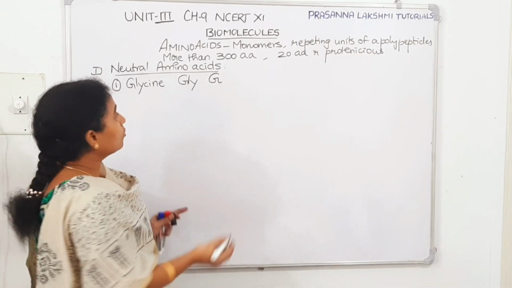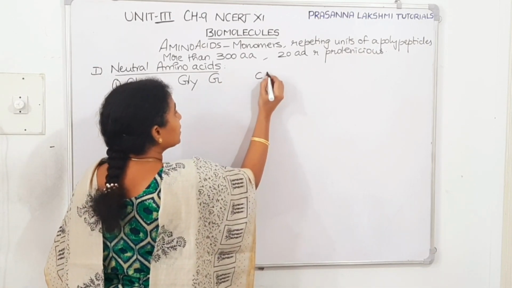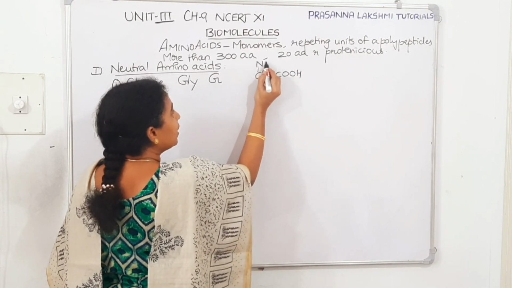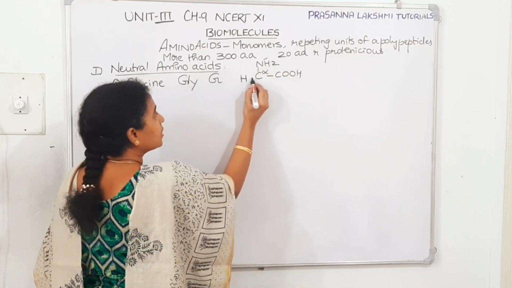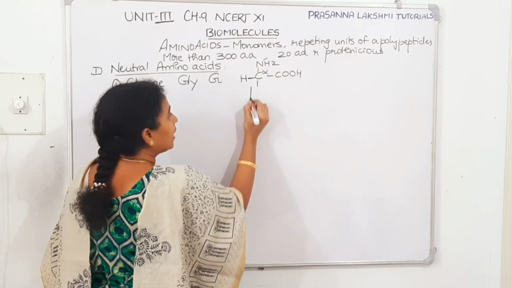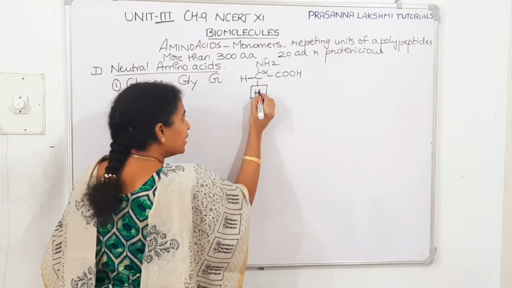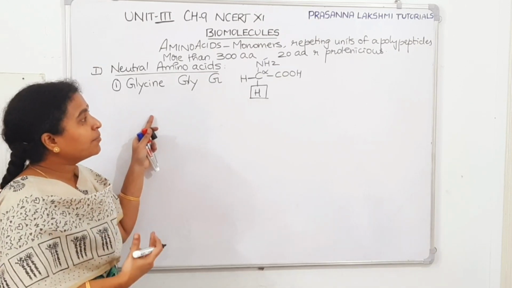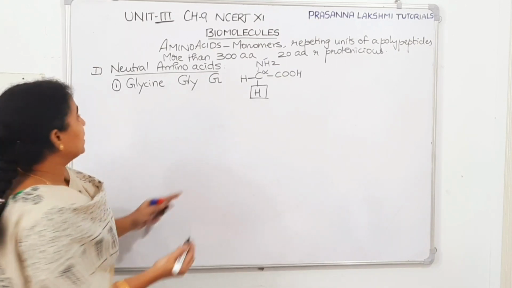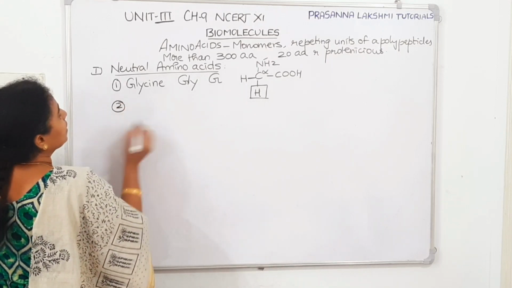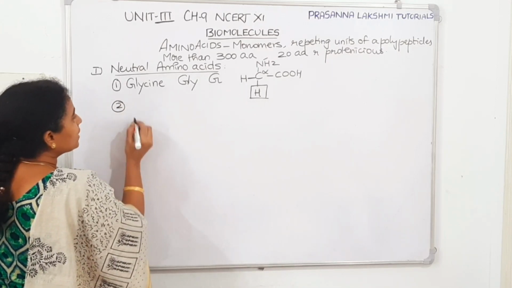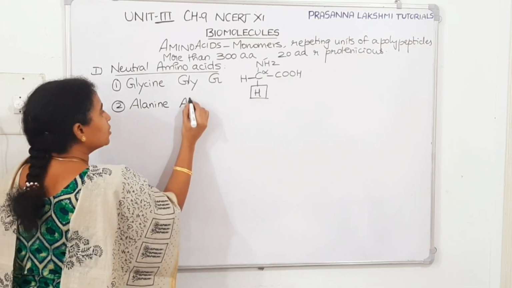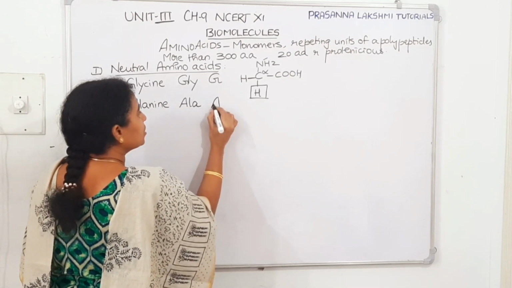Coming to the structure of glycine, as we discussed, this is an alpha carbon to which the functional groups, the carboxylic group and the amino group, will be attached. One hydrogen will be there, and I'm writing the R group here. The R group is hydrogen. If the R group is hydrogen, then that's the simplest amino acid, a symmetric amino acid, called glycine. Coming to the second amino acid, which they have given in NCERT, we will go with alanine. The 3-letter representation is ALA, and the single letter representation is A.